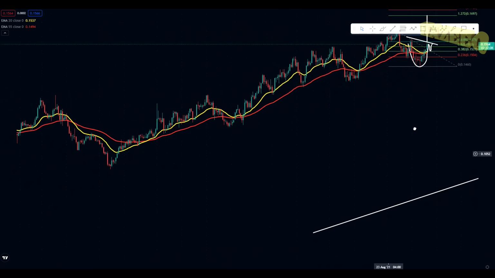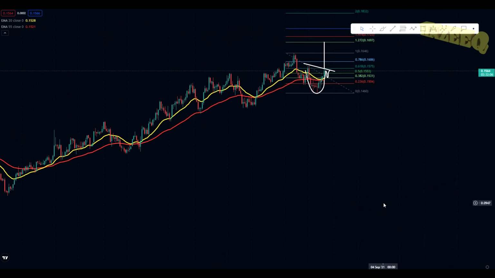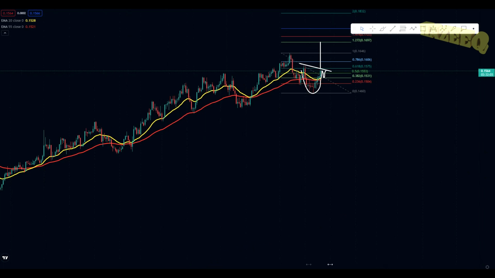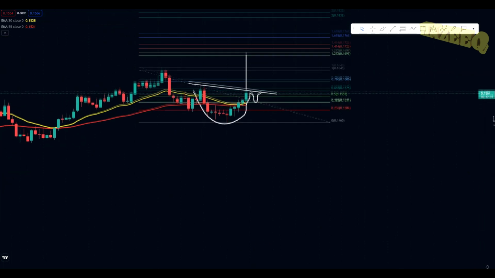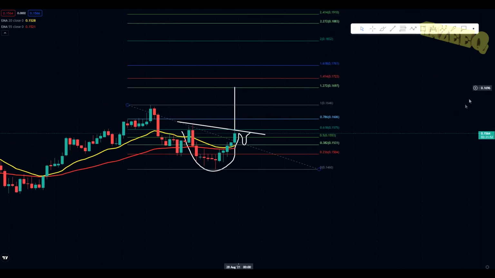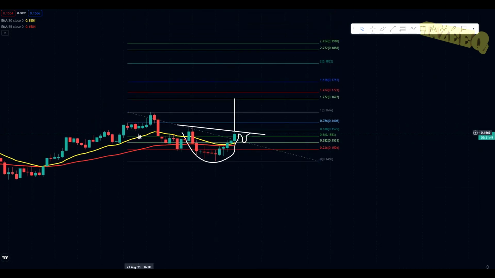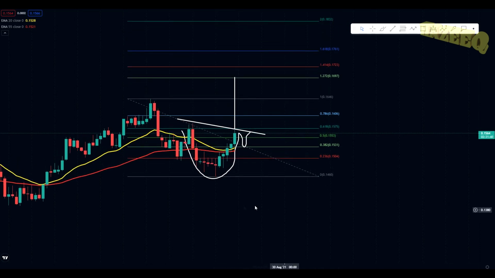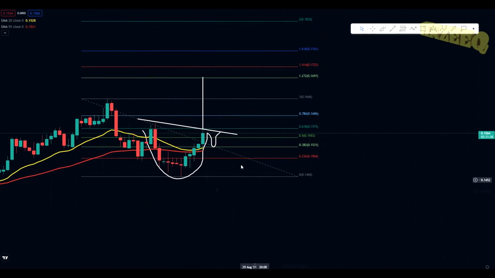Okay, so why is this here? Trend line. So you can see on the 4 hourly chart, we potentially may have some sort of a cup and handle pattern over here. And the target from this pattern would be the 1.272 on this little Fibonacci retracement that I have. Basically, it's set up from this high over here, a local high at 16.5 cents, all the way down to 14.60 cents. And our target from that is this